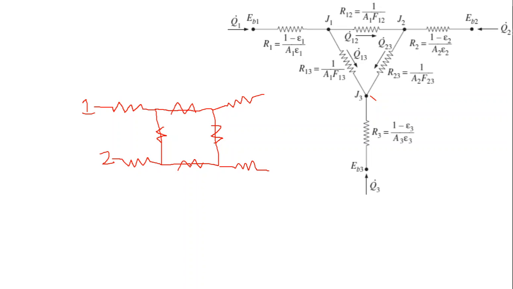So as you get to know, it is very easy to make a network diagram. You can have any number of surfaces, but the more surfaces you have, the tougher the calculation will be. If we have four surfaces, we will have four equations. In the previous case, we had three surfaces and three equations. With three equations, we can find a maximum of three unknowns. With four equations, we have to find four unknowns, so it will be very tough to solve four equations.